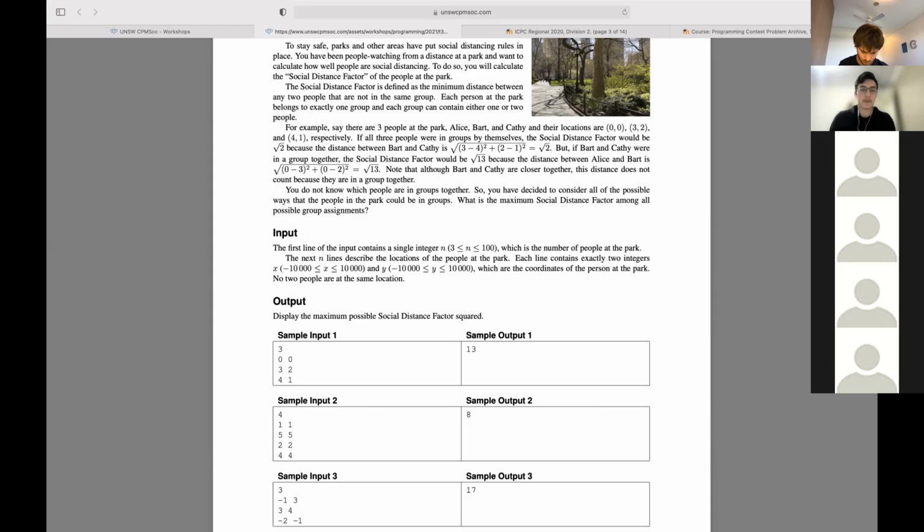Now, in this case, we want everyone who is less than or equal to the minimum distance to be in the same group. And since groups can only contain 2 people, that means if we construct the graph of people who are too close to each other, or smaller than or equal to our goal distance, then there can be no components in the graph that are bigger than 2 people. So that was a lot of words, but if we